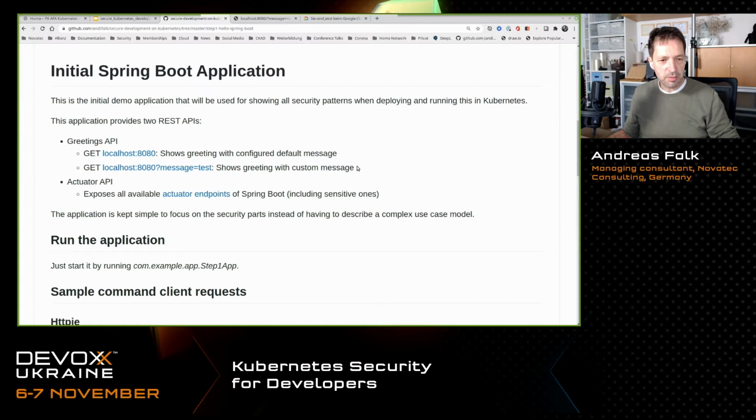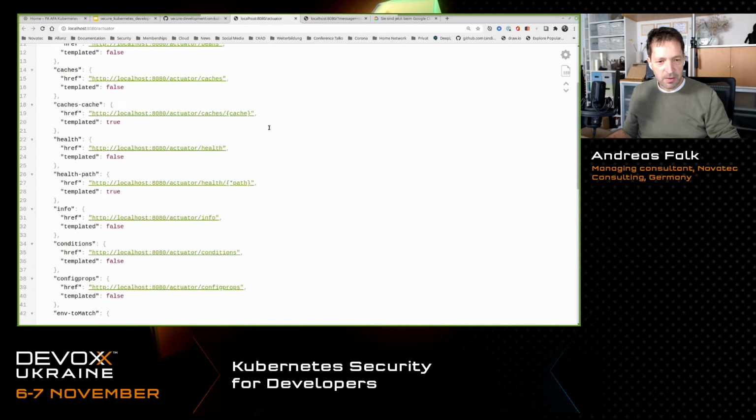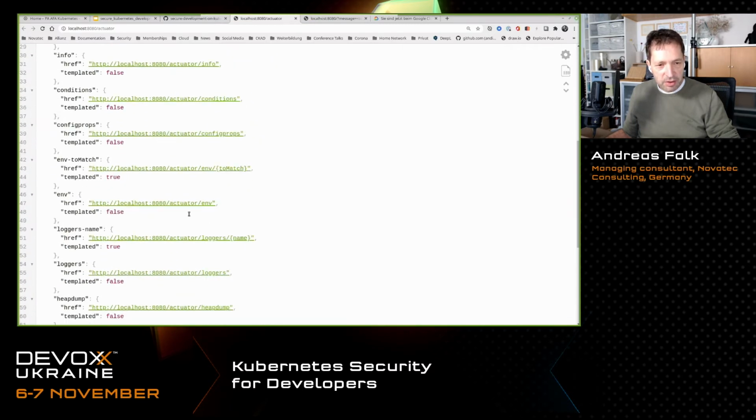These are the endpoints. What I have not shown is the actuator endpoints. This could also be a dangerous thing security-wise. If you enable all the actuator endpoints in your Spring Boot application, it could be a prominent attack surface for attackers. Especially the environment endpoint is really interesting for attackers.